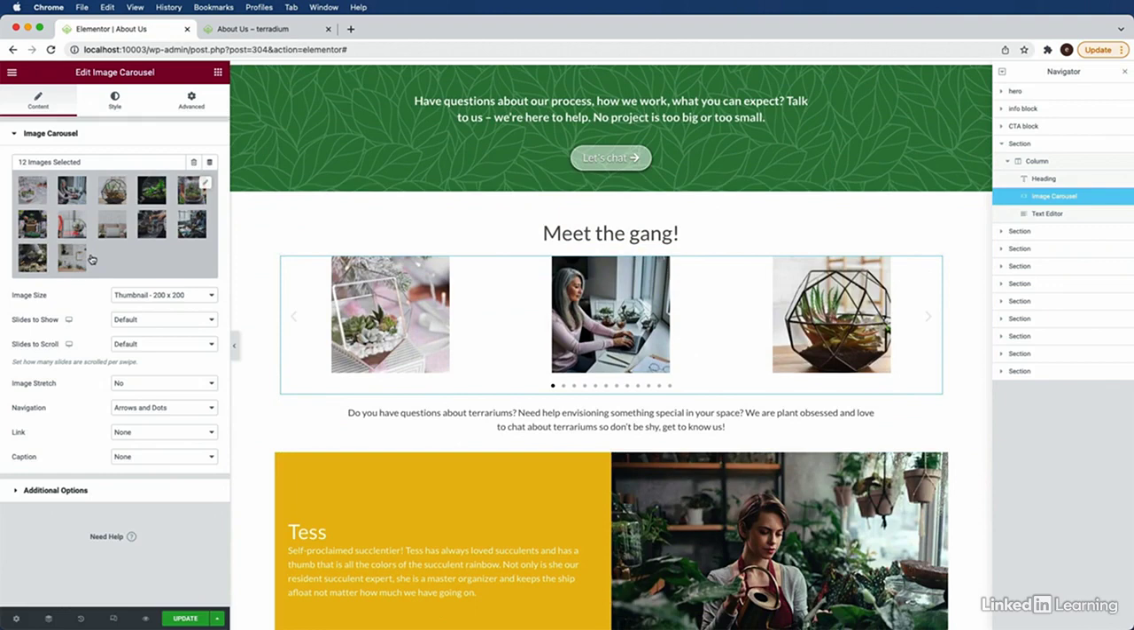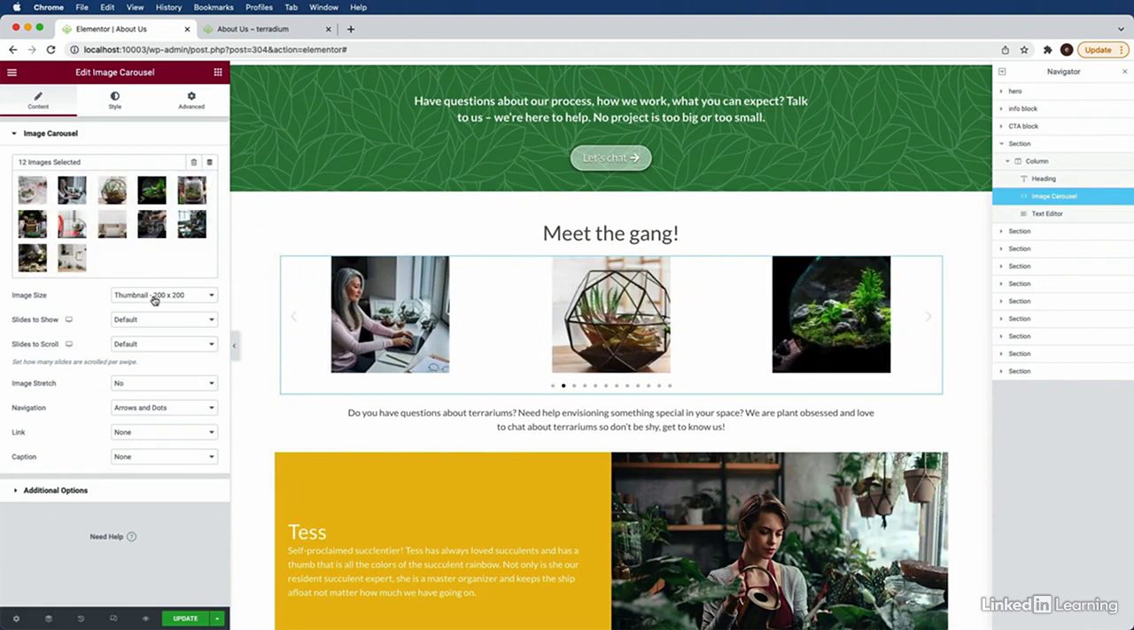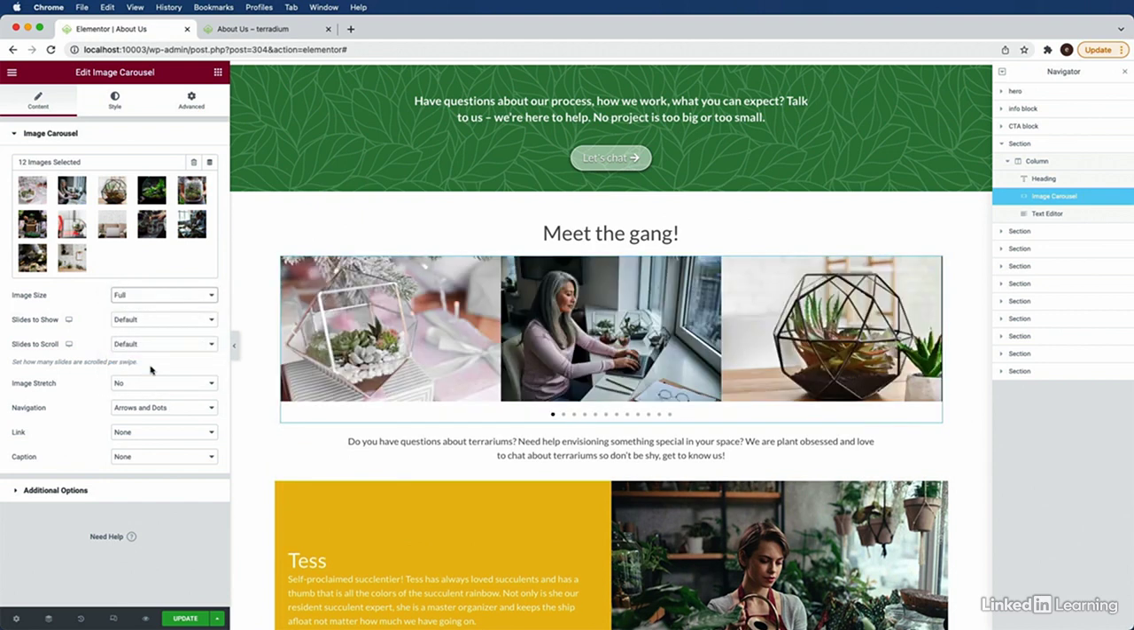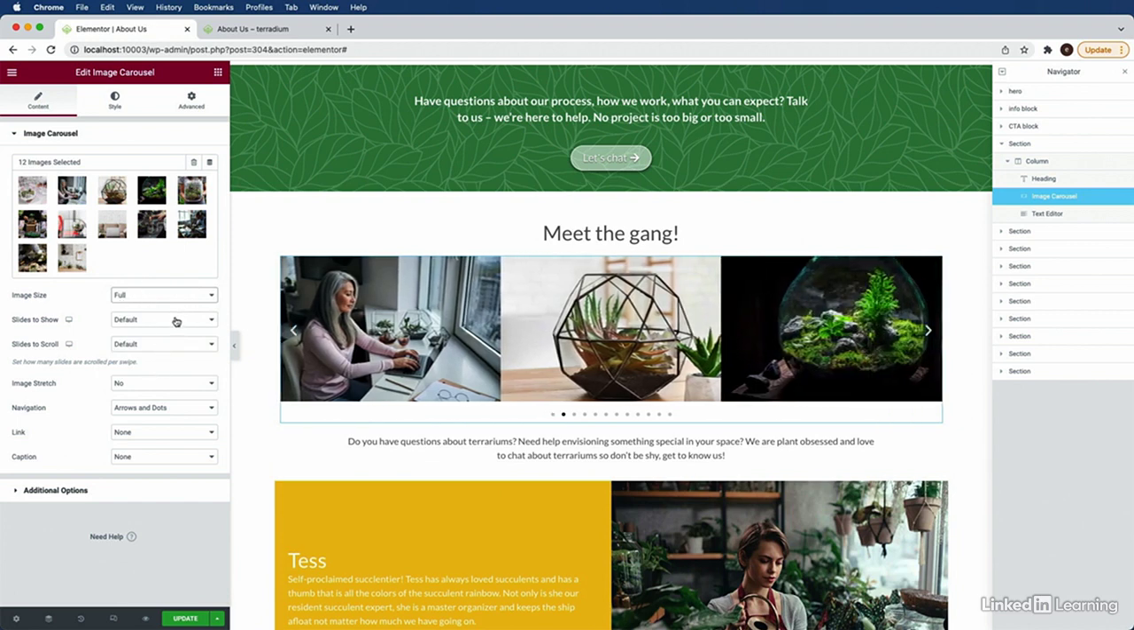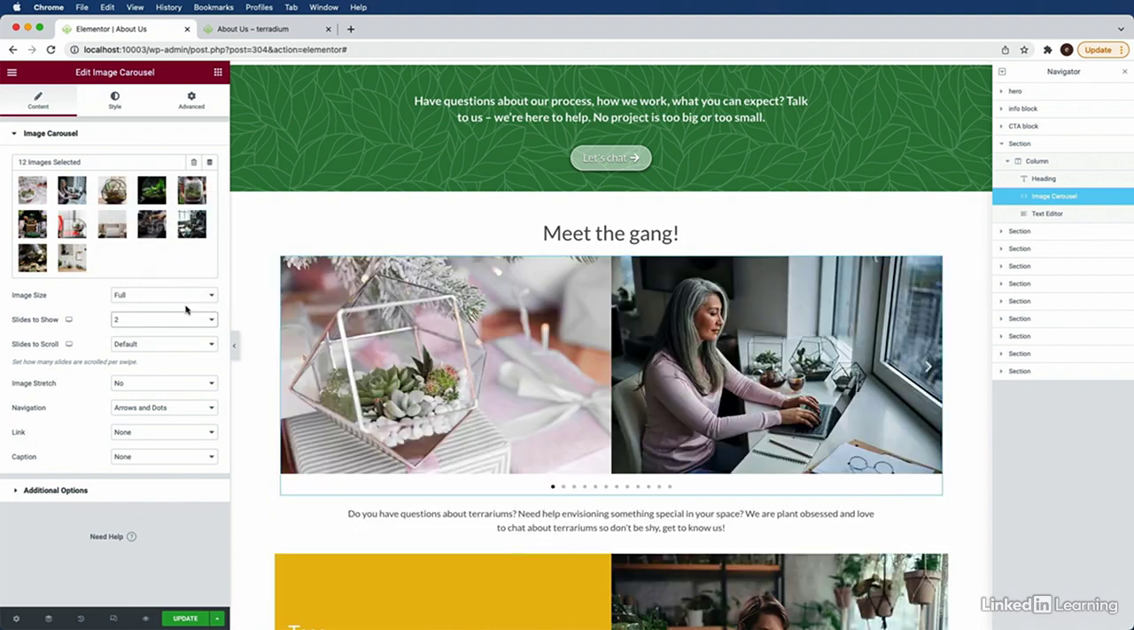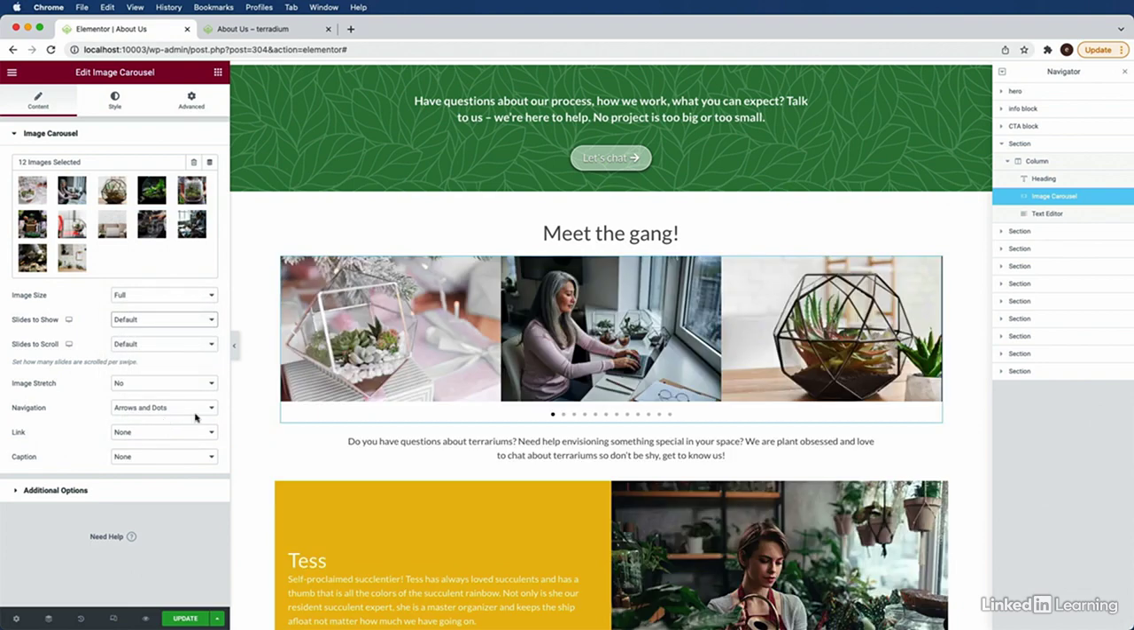We have a lot of ways in which we can customize the carousel. We'll begin by changing the image size from thumbnail to full. I've already resized the images to be the size that I want, so I'm going to use the full image size. Slides to show is going to allow you to designate how many slides you want to show. Once again, I'm going to leave this at default because I'm happy with the 3 slides showing at the desktop